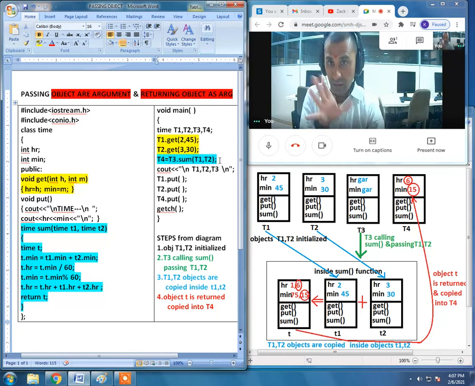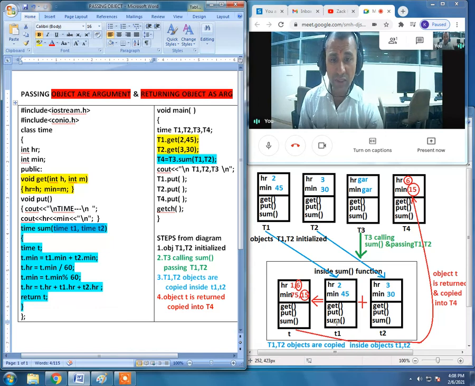If you just take a look at the functioning, after a function call, a function definition has to be executed. So right after this function call to sum, the definition for the same is going to be executed. The values of T1 and T2 objects are being temporarily copied into newly created small t1 and small t2 objects. That temporary part is given in the small box right inside the diagram, that is inside the sum function. That means these 3 objects will live temporarily up to the execution of the sum function.